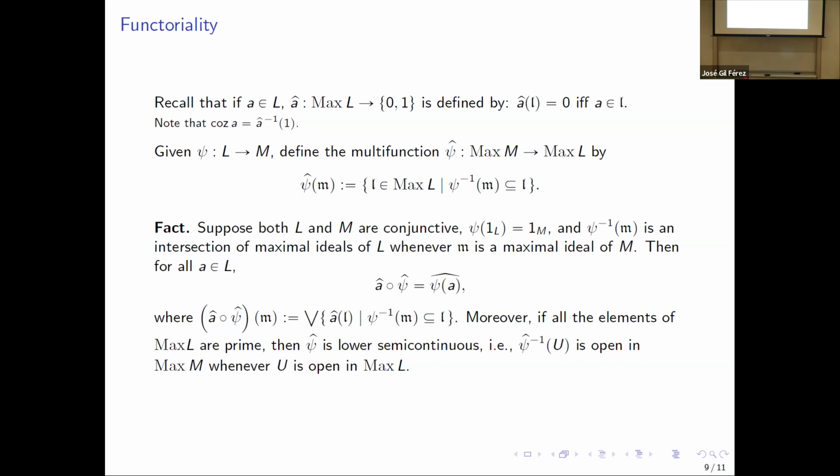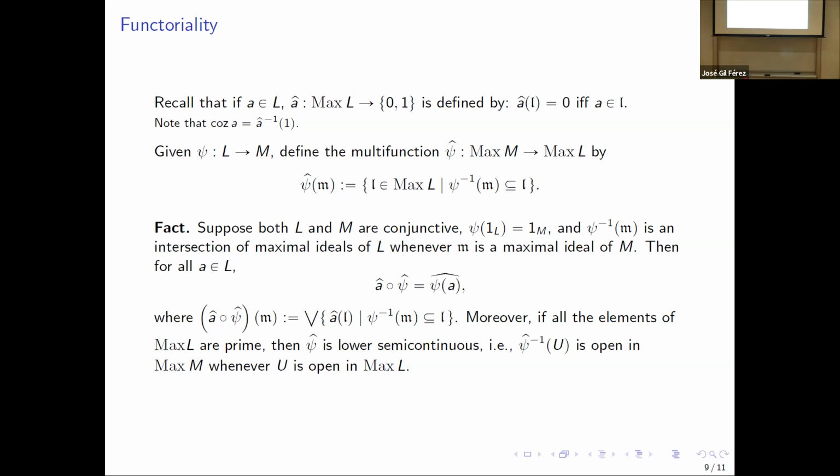So we define it this way. We need a hypothesis on the morphisms. That is, we need psi inverse of every maximal ideal to be an intersection of maximal ideals. It's an obvious condition that is required in order to be able to represent morphisms. But under those hypotheses, then